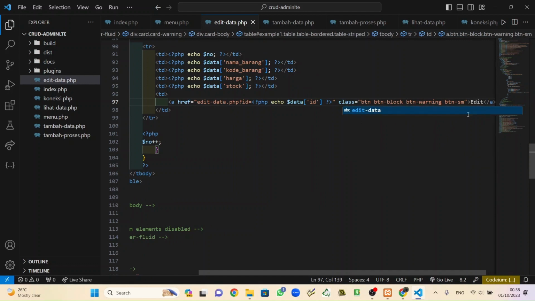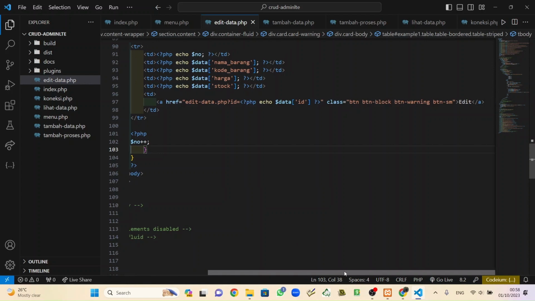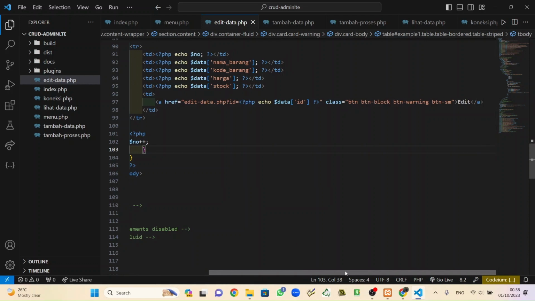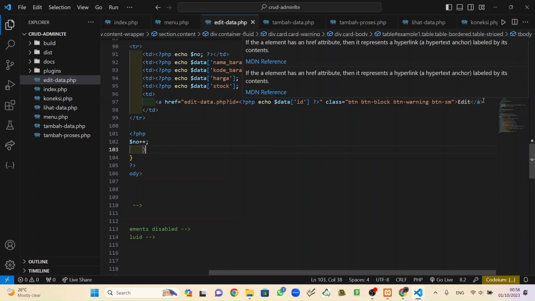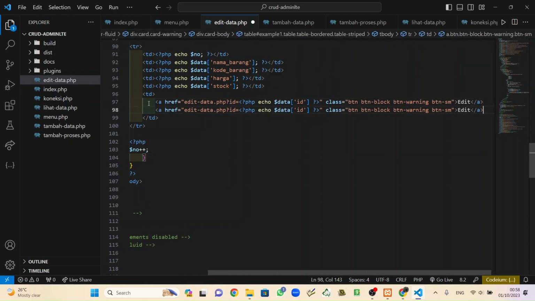So edit data page is just not for edit, but there is one thing again, and that is delete.